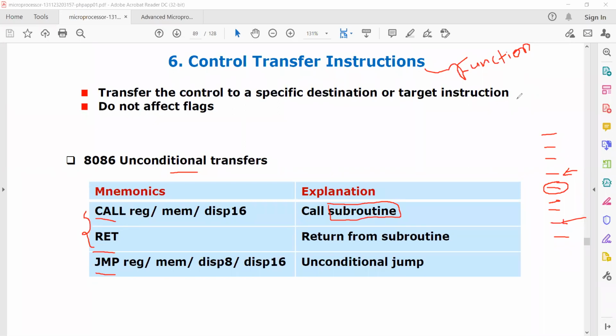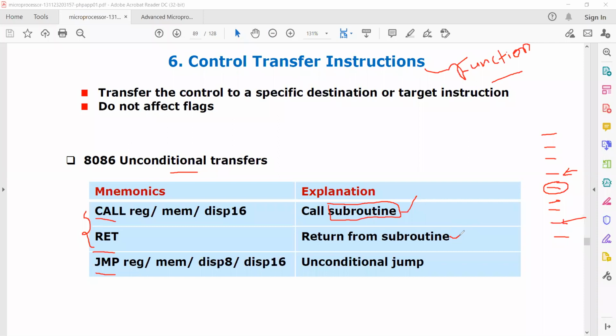Similarly, however many times I require that multiplication operation, I use this particular function. In C language it is called function, whereas in microprocessor language it is called subroutine. Subroutine is a code or a function